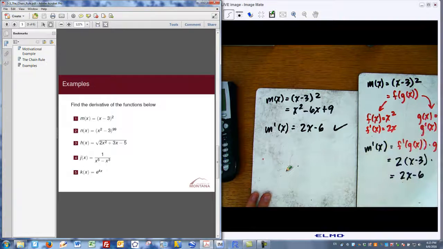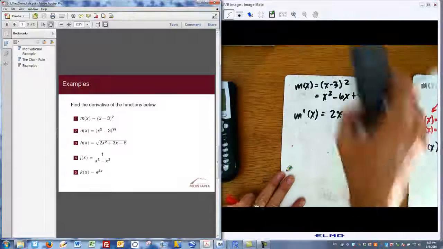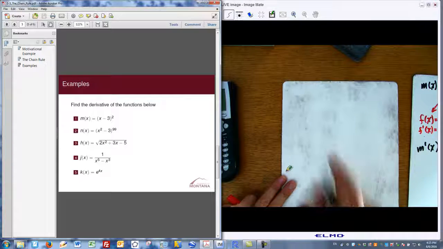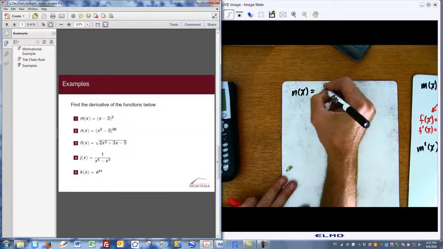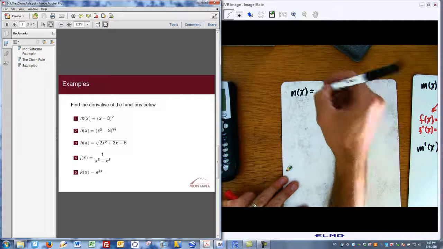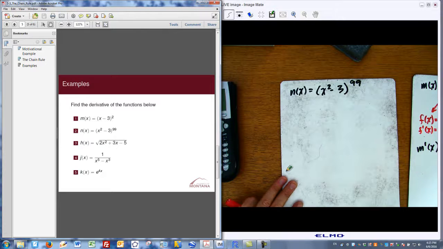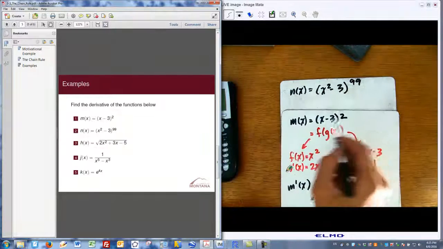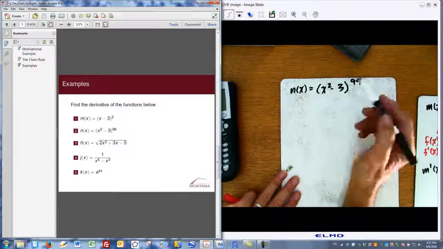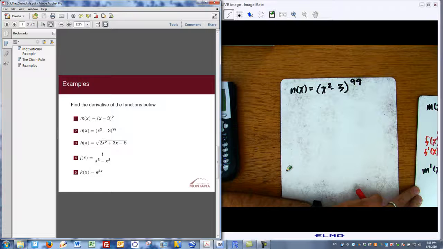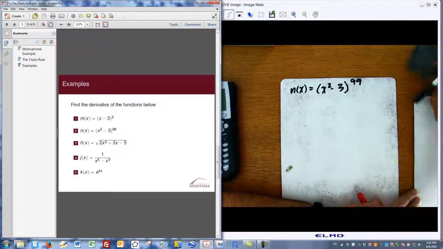Seems like we went the long route over here on the right, whereas we could have gone a shorter route here by doing a little algebra up front. That's not always the case, and that's my plan in the next example, to show you what if we had something like n of x is equal to the quantity x squared minus 3 all raised to the 99th power. Well, here's a case where you simply wouldn't want to square out the binomial, because you'd have to write 99 binomials, and this would get messy. You'd have something with a huge number of terms,